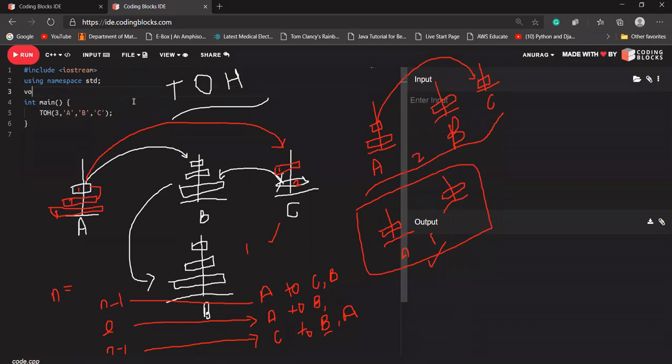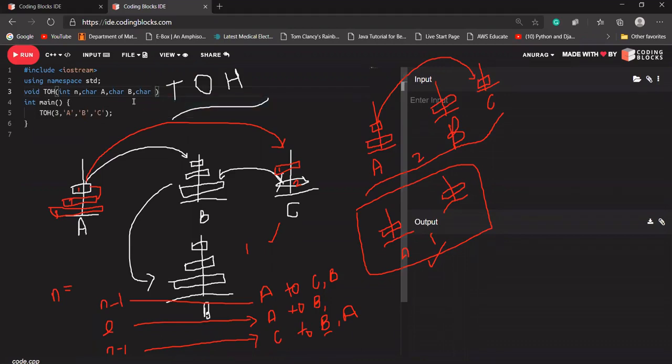Okay, so void, because I have to print the statements only, so I'll not return anything, and this return type would not be anything. So void toh int n, let's see the character. Let's say I'm making it character, and I'm naming it a, b, c to make it clear. It does not mean that A will always contain A and B will always contain B. It will be changing when we call our function again inside TOH. But initially A will contain A, B will contain B, and C will contain C.